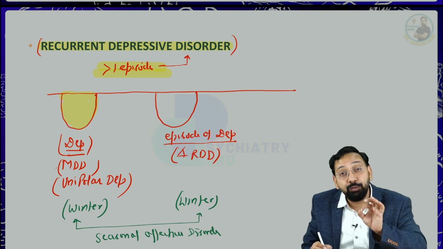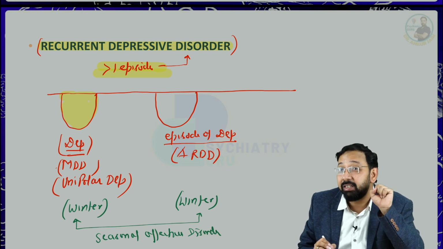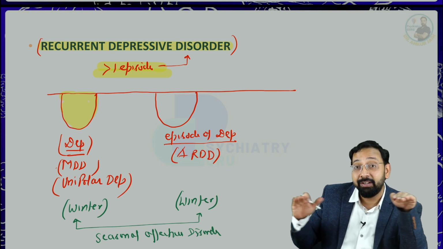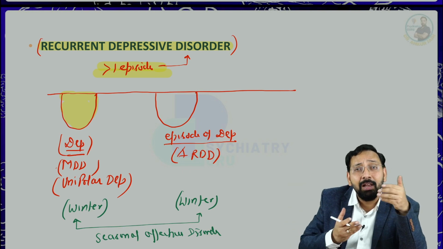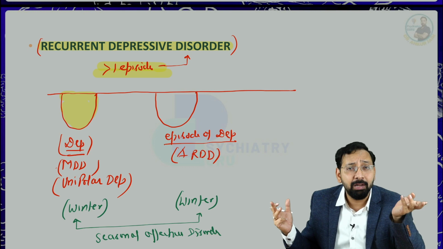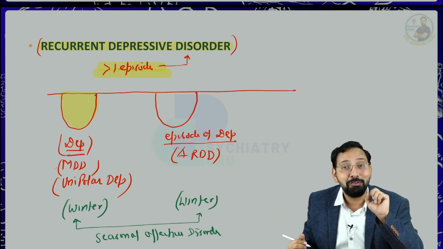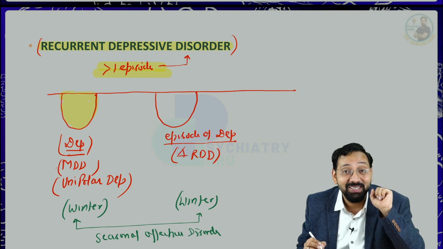And the cause of this seasonal affective disorder is winter, a change in the circadian rhythm. You know that there would be long nights in winter. Sunlight would be less. When the nights are long, many times depression happens. So seasonal affective disorder occurs in a particular season, winter, but we took the history nicely and we